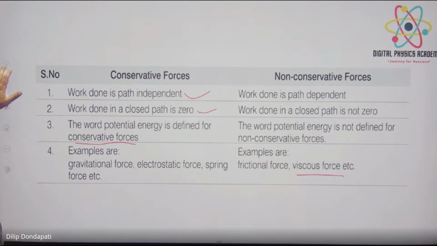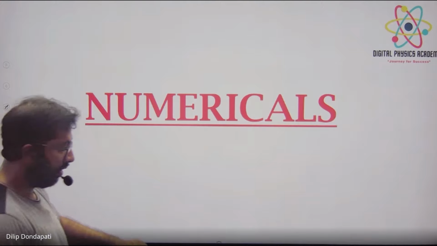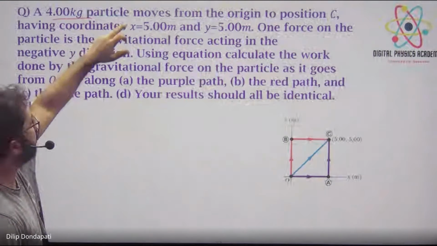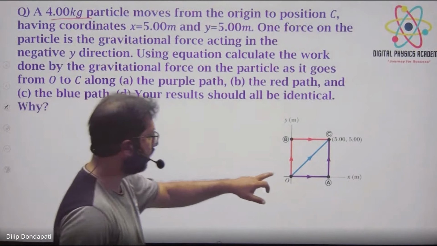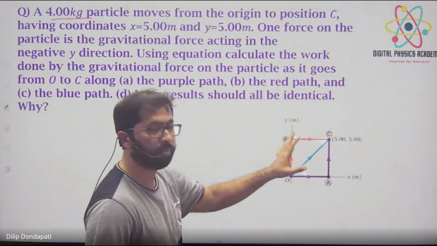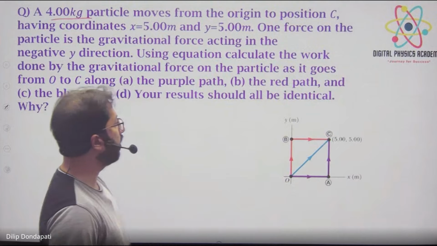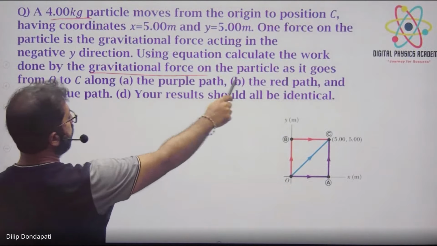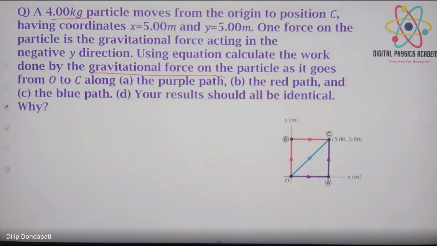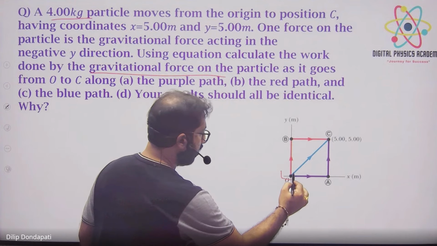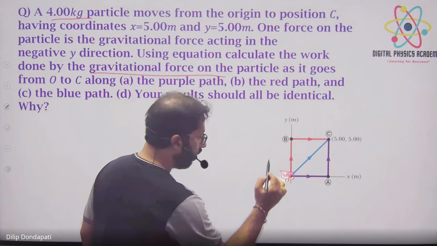हाँ, चलो ना numericals करेंगे तो समझ में आएगा। चलो, suppose a 4 kg particle is there, moves from origin to C, इधर से इधर, one I took this path, one I took this path, one I took this path, red path, blue path and purple path. He's telling in all case में try to find the gravitational force का work done, he's telling to find work done by gravitational force, easy है ना, कितना kg है, 4 kg mass, calculate करो।